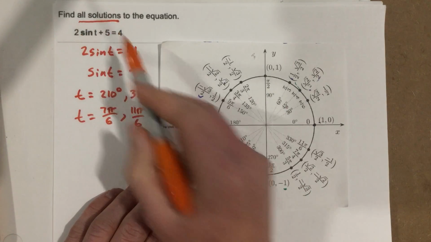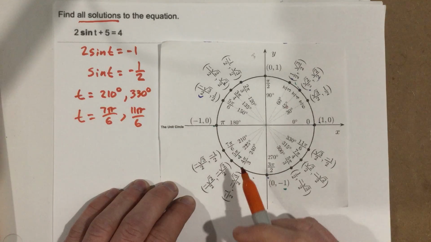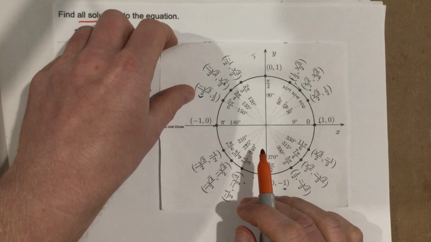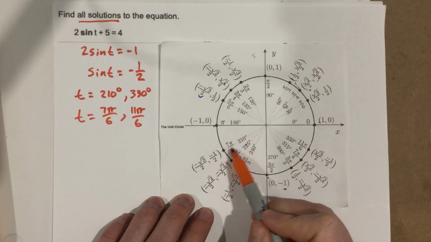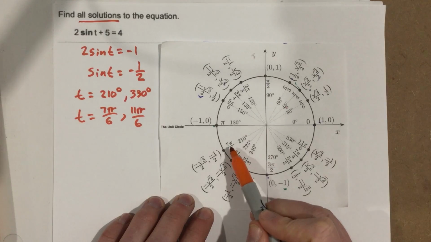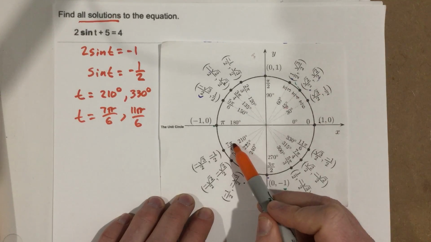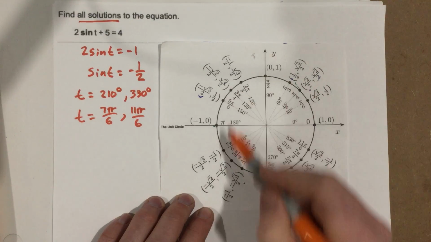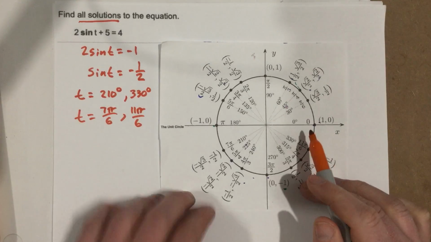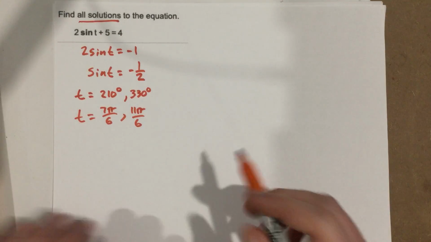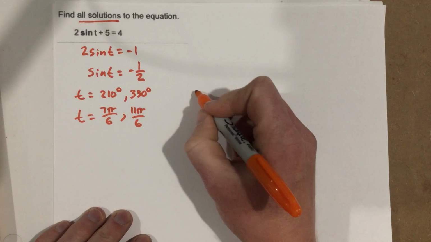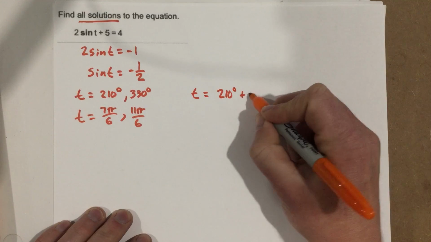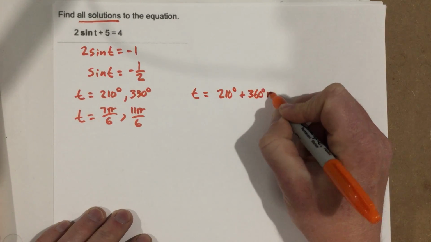So to say find all solutions, we want to write these with some sort of expression to give us all the solutions. It's really easy to do. If we are at this angle, how do we get back to it? Add 360 degrees, add 360 degrees, and so on and so forth. Same thing with this one: add 360, add 360. So when I write my solutions, I say that t is going to equal 210 degrees plus 360 degrees n,